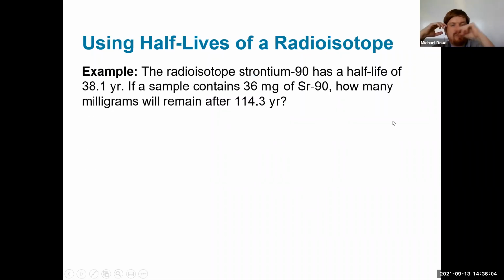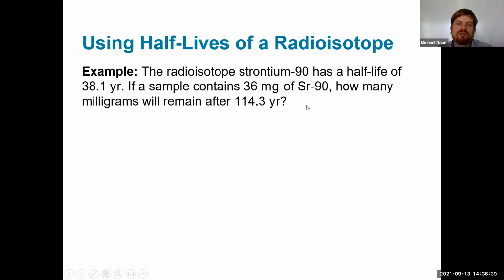Okay, so let's look at how we can use half-life for a radioisotope and how we can answer this question. So here we go. The radioisotope of strontium-90 has a half-life of 38.1 years. If a sample contains 36 milligrams of strontium-90, how many milligrams will remain after 114.3 years? So when we see this type of question, what we want to ask ourselves is, okay, we know the initial amount, that's 36 milligrams. How many half-lives did it have to go through to get to the final amount at